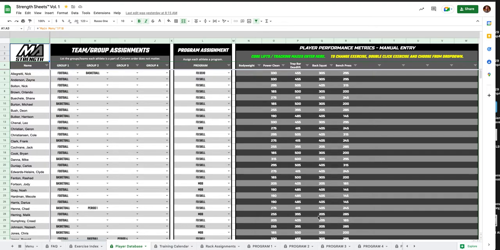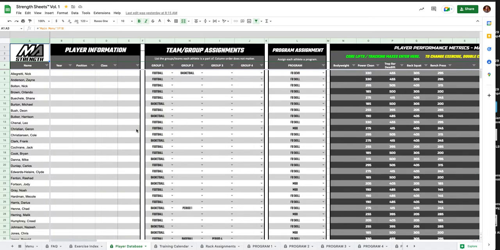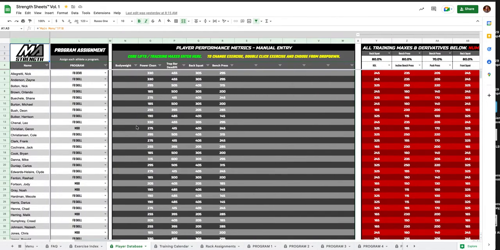Now we're going to talk about setting training maxes and training max derivatives and what that means. Here in our player database, if you look under player performance metrics, manual entry, this is where all of your core lifts are going to live. The ones that we want to track manually and put in training max numbers, whether you test 1 RMs, you do 3 RMs and do estimations, you have to have some type of primary number that you're going to train